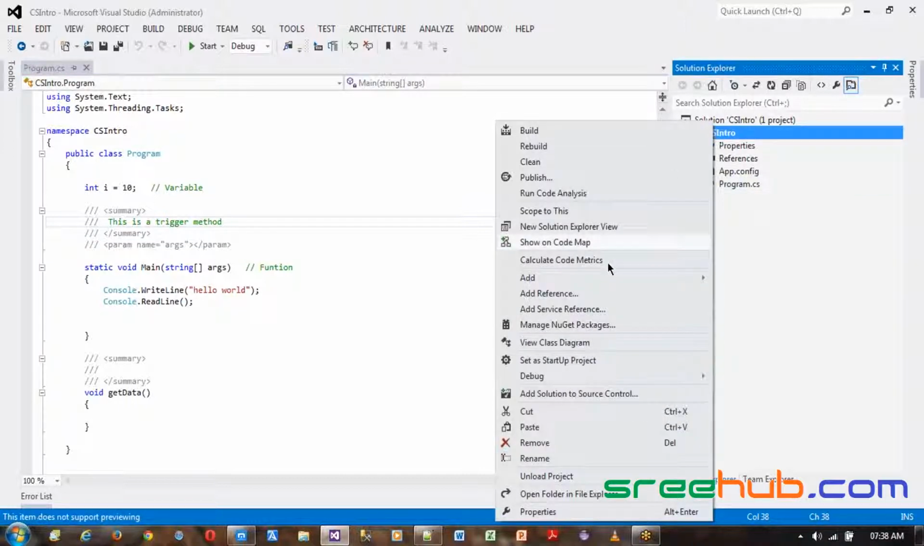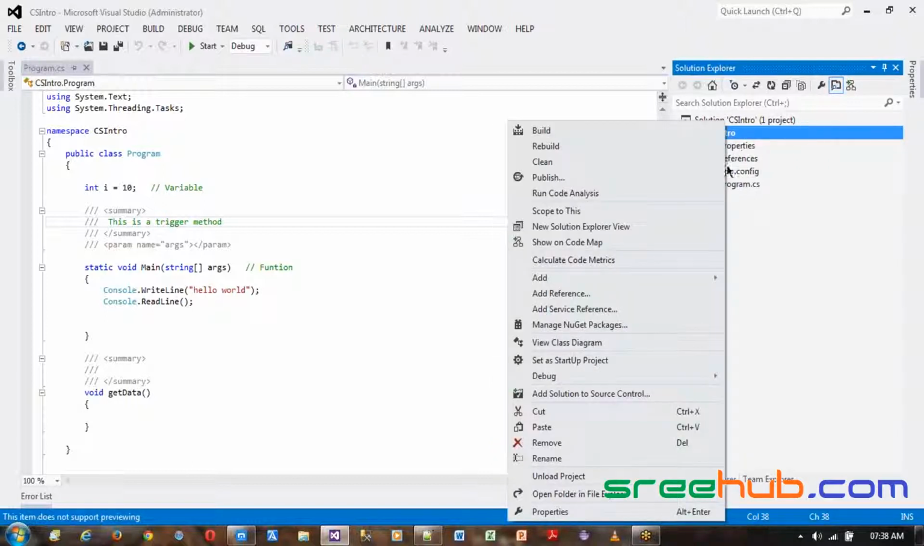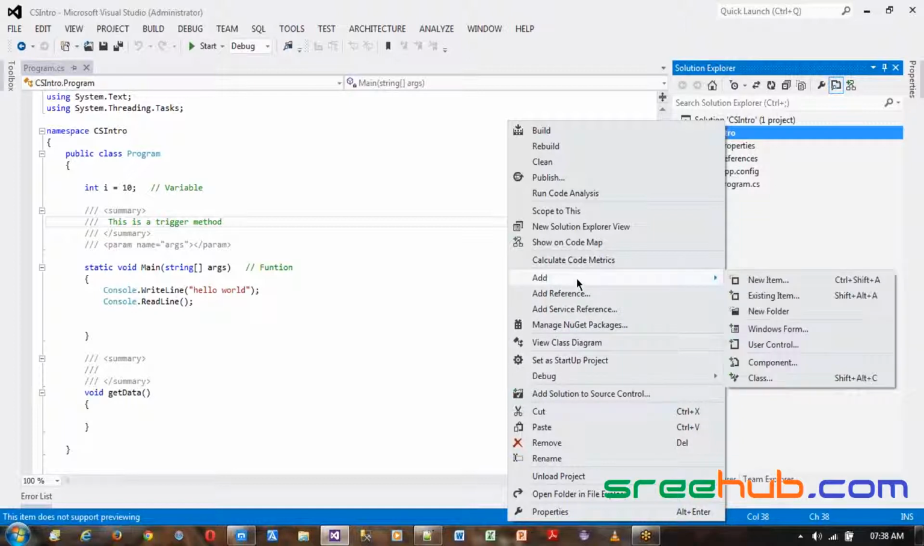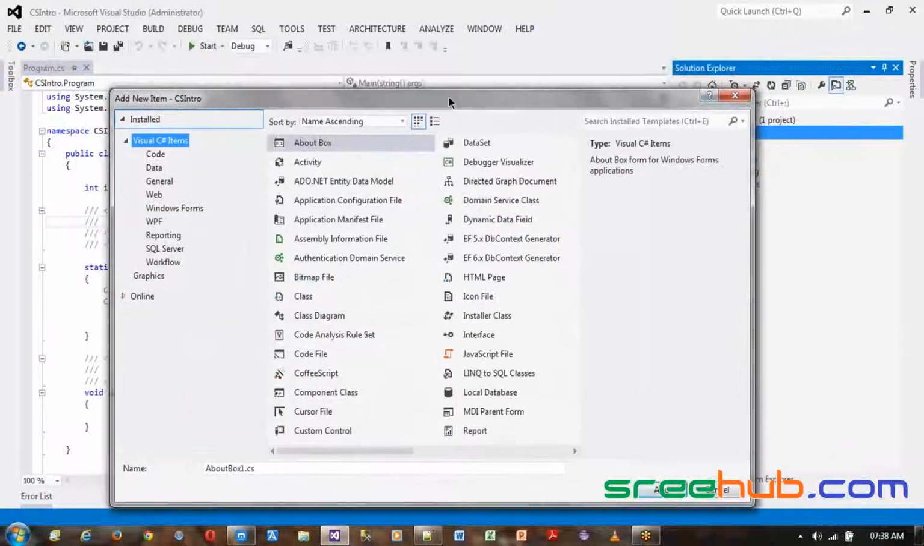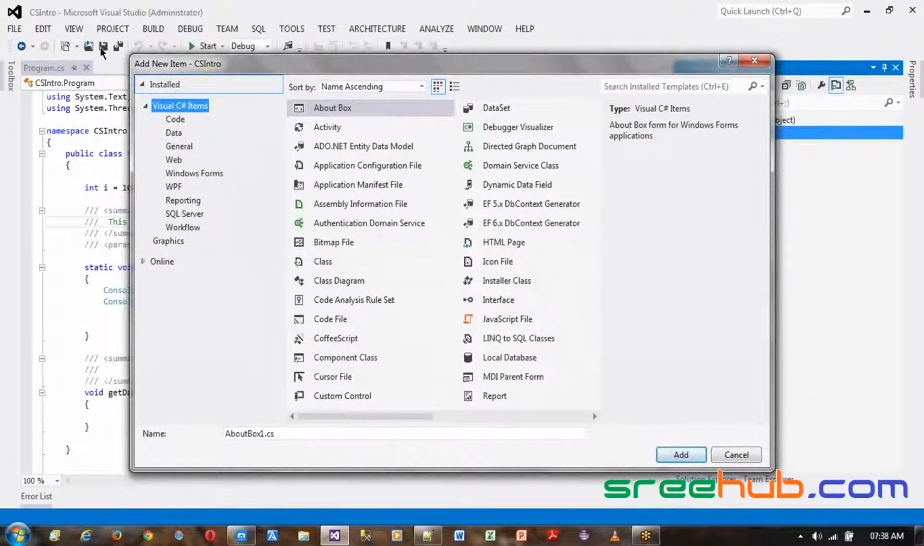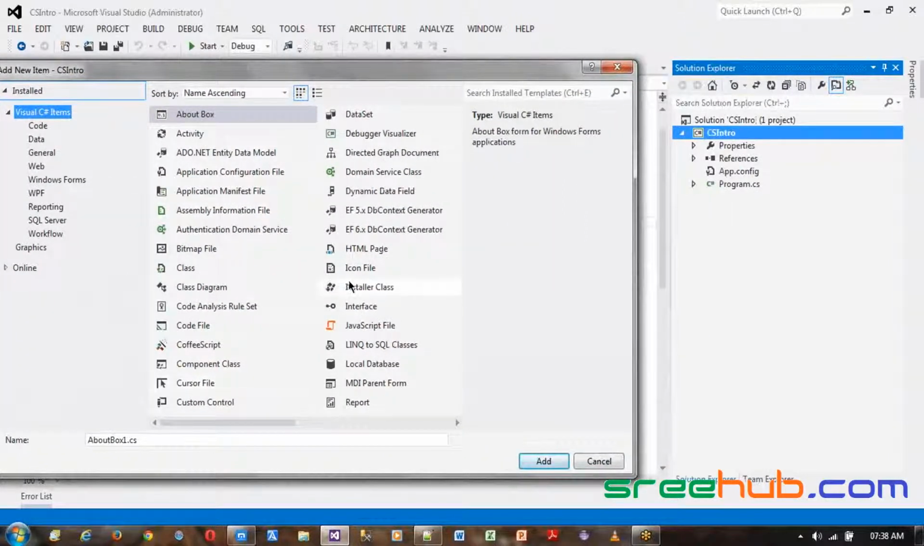So let me create a new class now. Whenever you right click on this project or anywhere, let's say I'm going to add. Here you have the add option, and click on new item. Now this window, if you remember, when we created file new project, that window was to select any type of project you want. But this window will give you all the options which you can add in a project. In a project I can add a class,